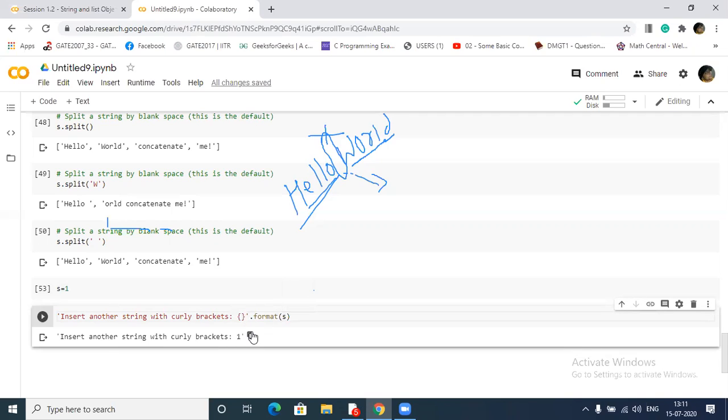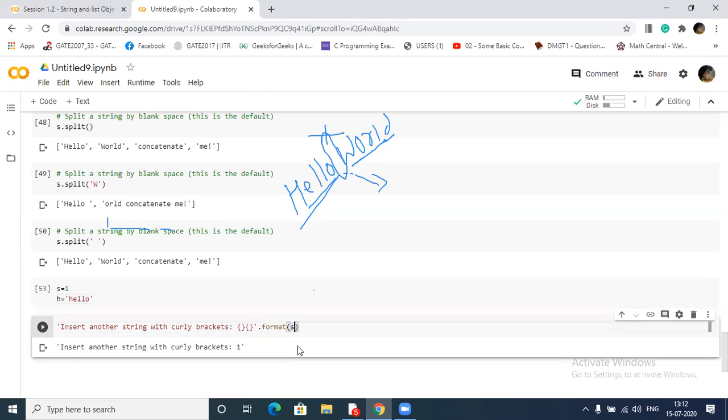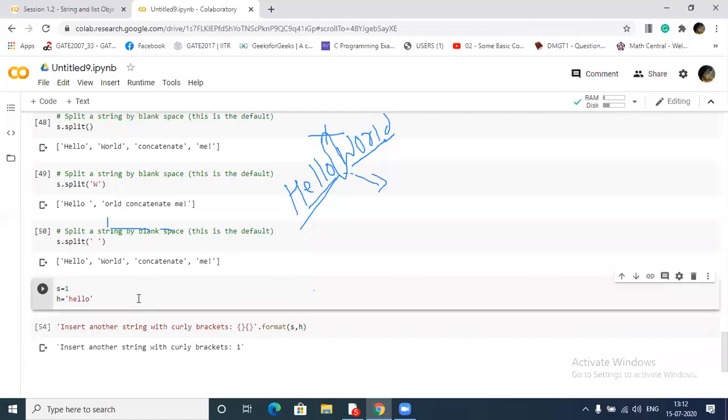If you want to print two things, you have to do nothing special. Again put a bracket, and suppose I give h is equal to hello, and I pass h here. In respective manner, first s will go to this, h will go to this.